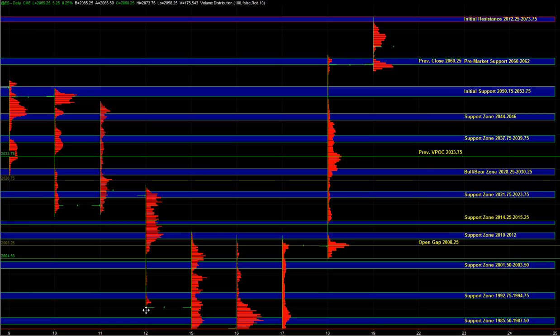So another way to time your exit, if you're buying, let's say, a pullback, either 60 to 62 or even lower, is to look at the other markets, NQ and TF, and then as those markets hit their own recent highs, perhaps that would be a good time to exit any long setups in the S&P. So, again, the focus is going to be on the long side, but as far as the targets go,